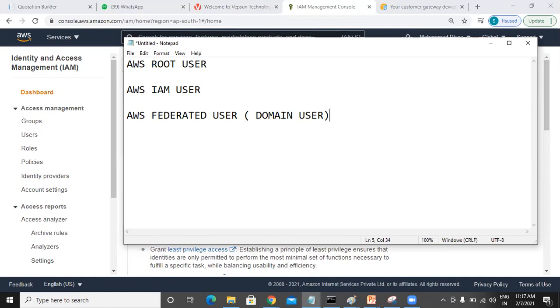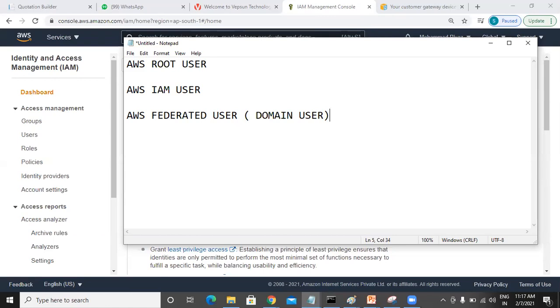He can create, delete, rotate, disable, whatever he wants, because he has complete control of the services. He can see the billing, he can manage the billing, everything he can do in the AWS root account.